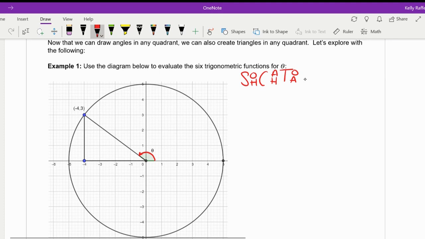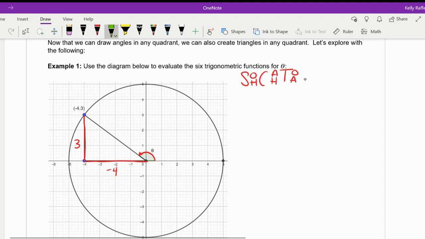the triangle. So we see -4 was x, so that means I went -4 in the x direction here. And that would be that base, the bottom side of the triangle. And then 3 was the y, so that means we went up 3, and that's the height of the triangle there. So for these problems, we're always going to have kind of this setup where theta is not really in